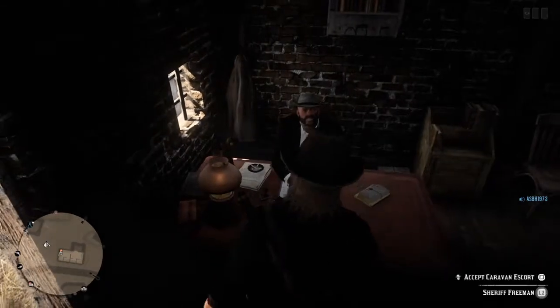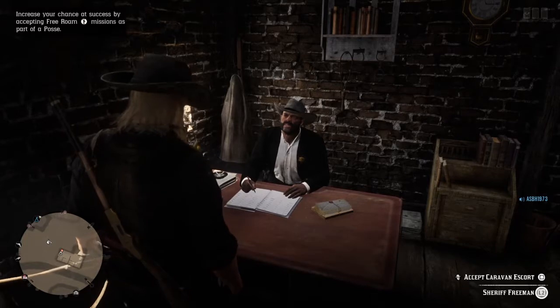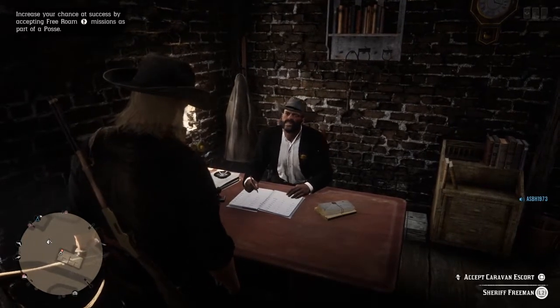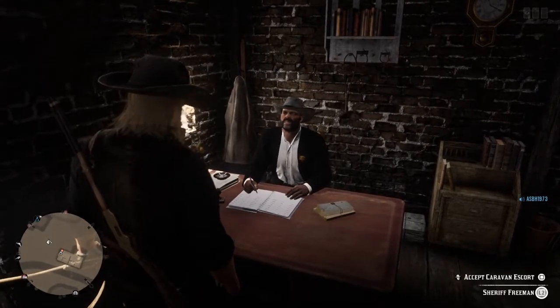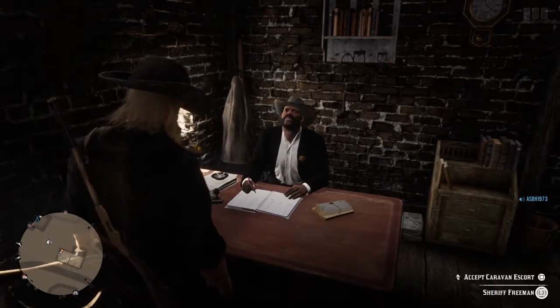So we're going to accept this stranger mission from Sheriff Freeman once he's spoken to us. And obviously I shall do that, and then I shall probably end the video, because like I say, literally you can see, you can do what you want, you can travel anywhere else on the map. I'm not sure if you fast travel whether that would put you back into a regular free roam lobby,